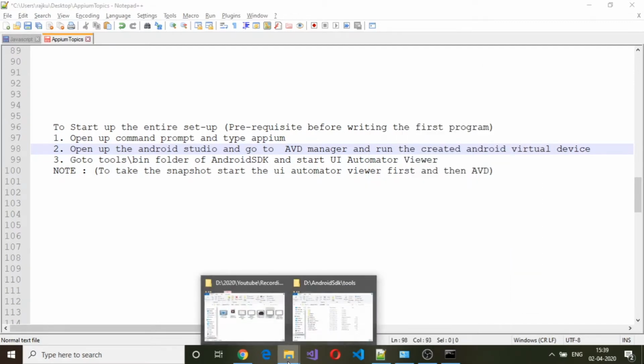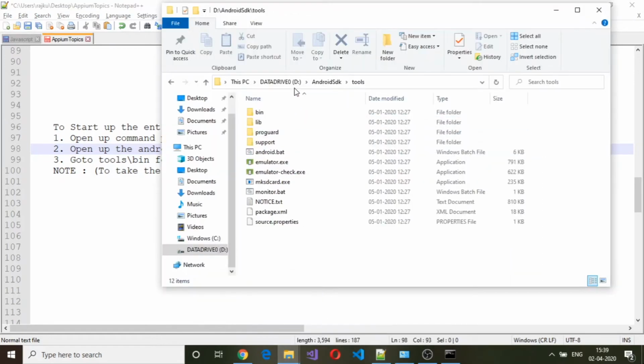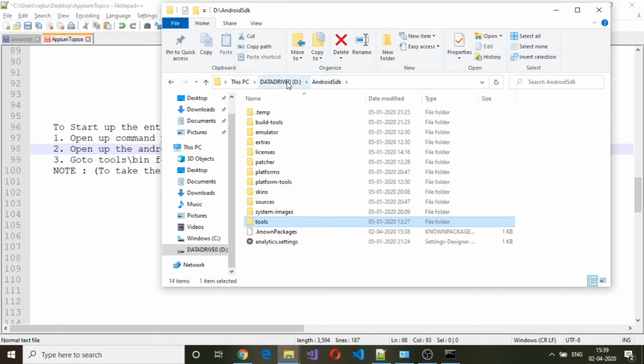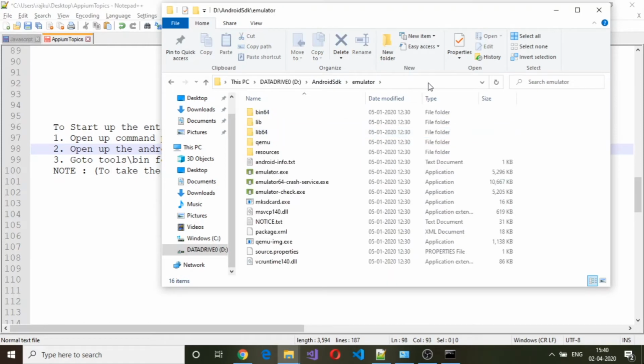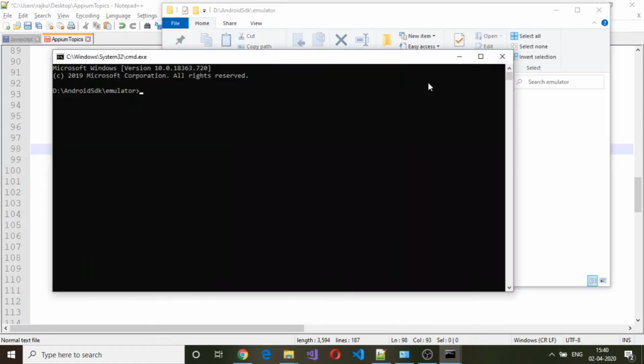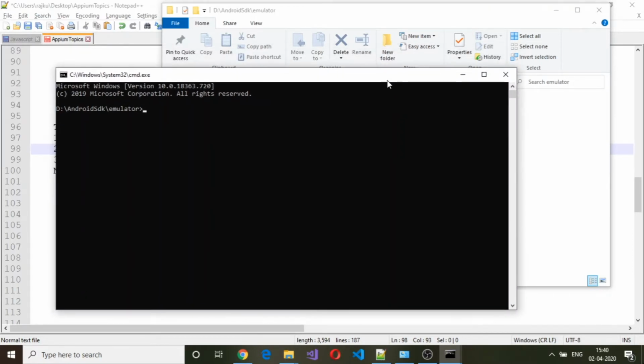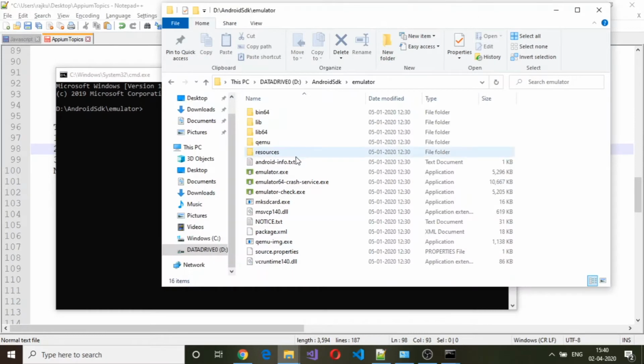The other way is you go to your Android SDK folder. Inside Android SDK there is something called emulator. So go to this emulator folder and open up a command prompt from here and type in emulator. So there is an emulator.exe here.